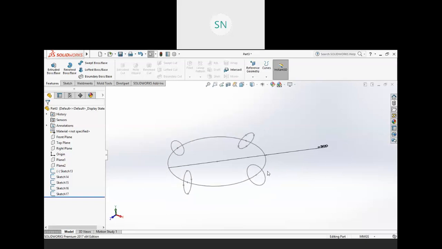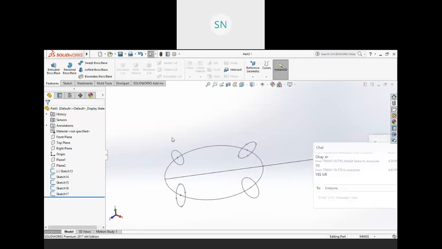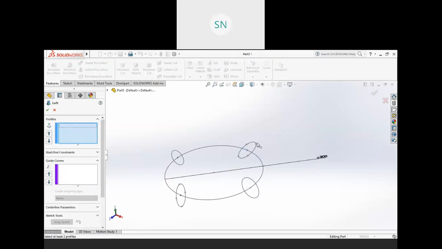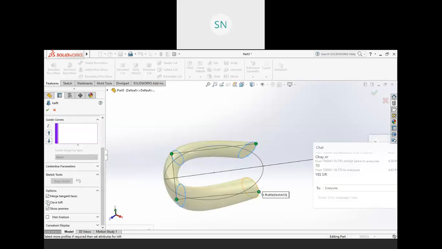Right? The guide curve must pass through your profile and in every profile. But this sketch we can say is a center line curve. So again go to the loft. We are selecting this profile, this profile, this profile and this profile. And to close it we are using this close loft tool,